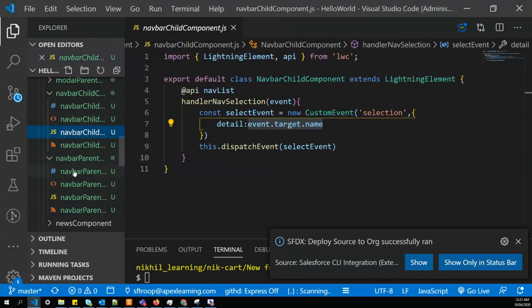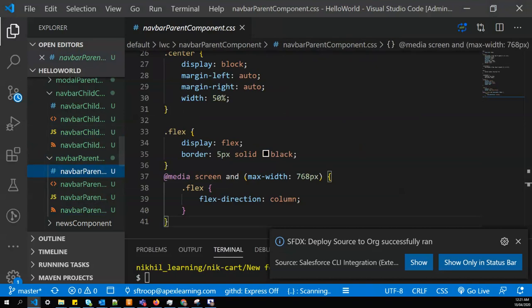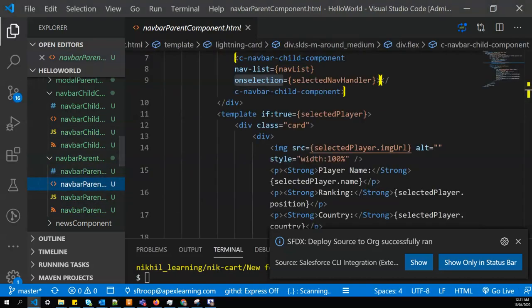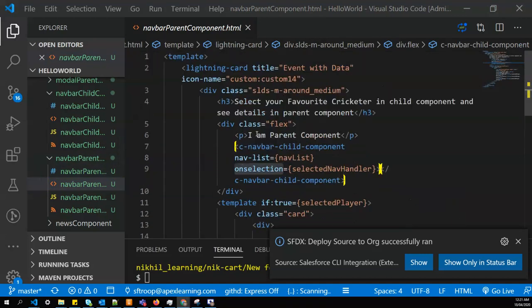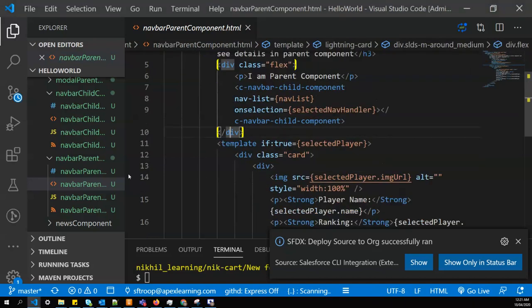I'll go to my parent component HTML, and we have defined flags, we have defined the div, the child component is fine.